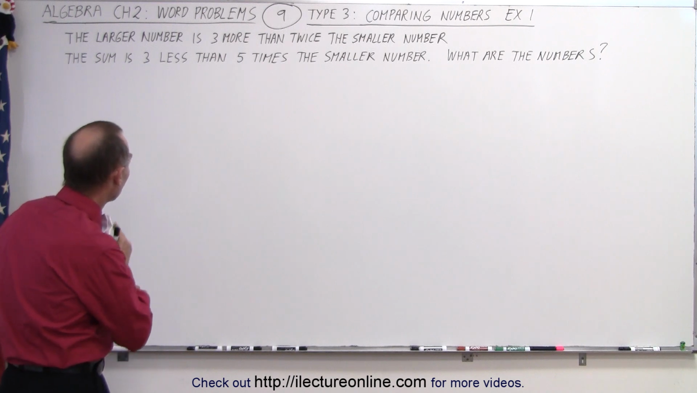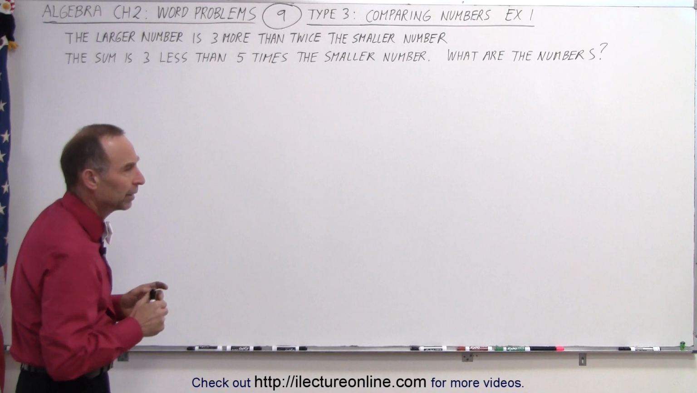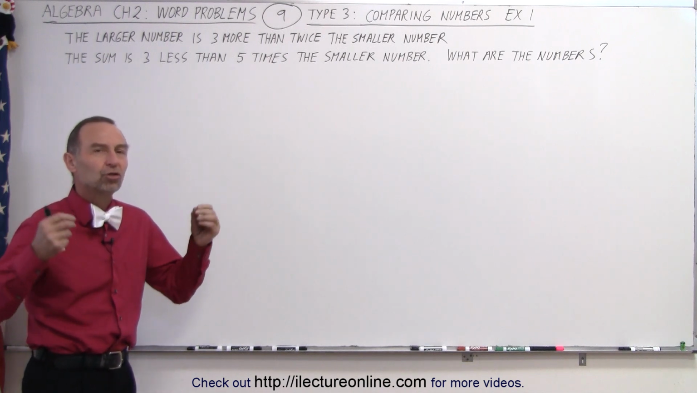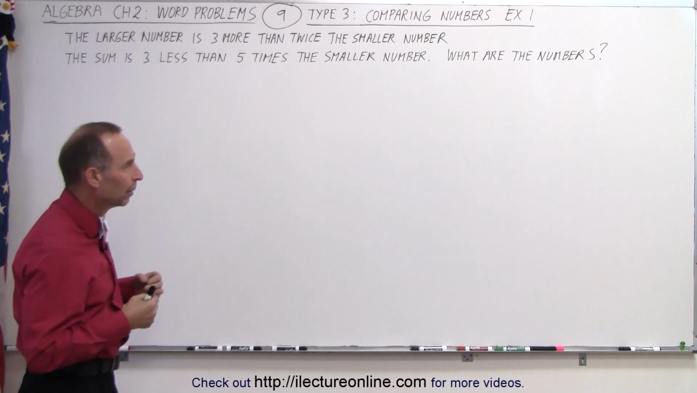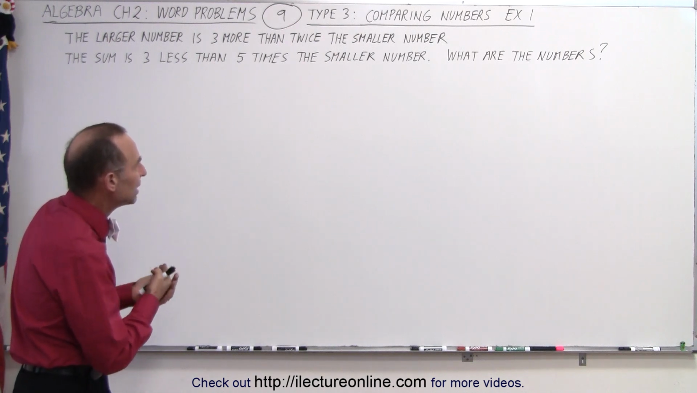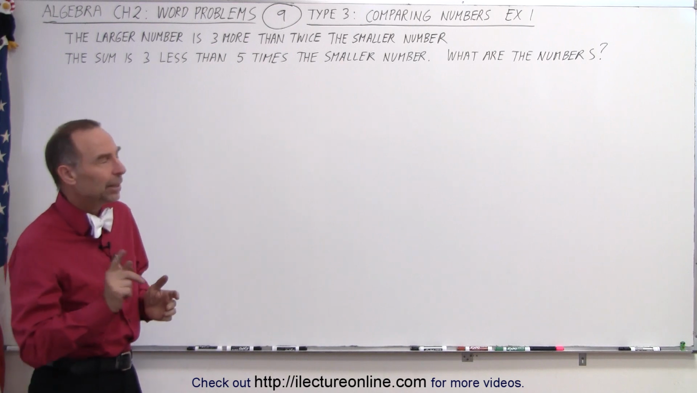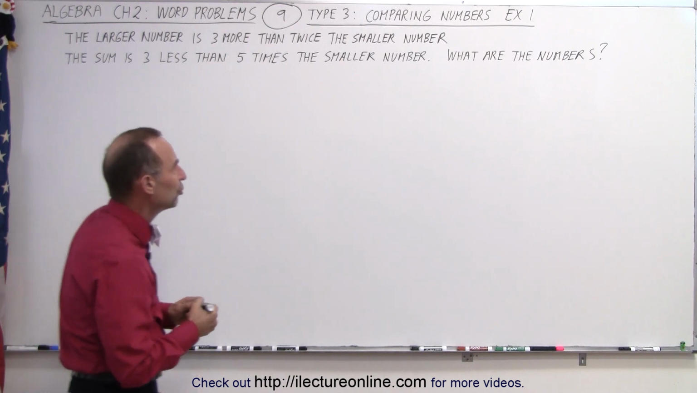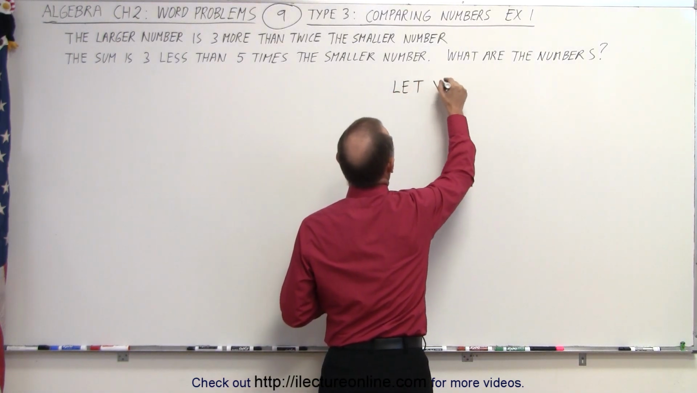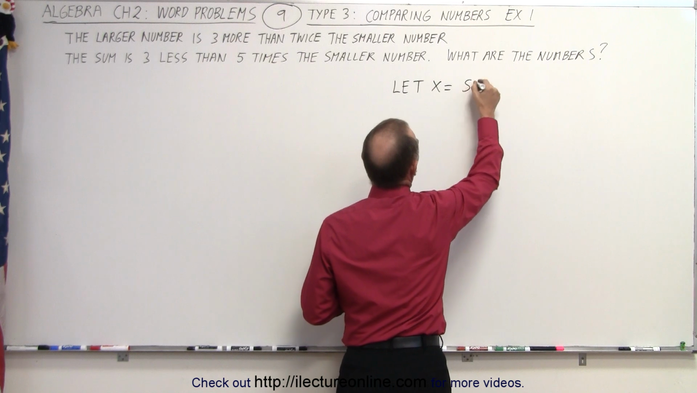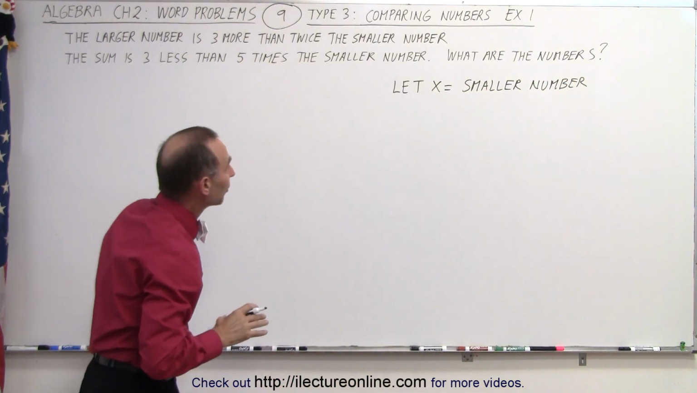We're told that the sum is 3 less than 5 times the smaller number. Now that is typically called the constraint. There's another piece of information that ties it all together. But first what we need to do is identify the two numbers in terms of x. And typically we let x be the smaller of the two numbers. So we write: let x equal the smaller number,